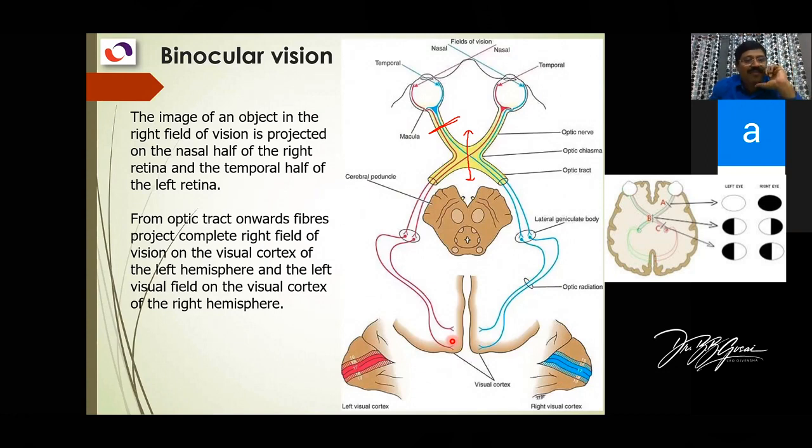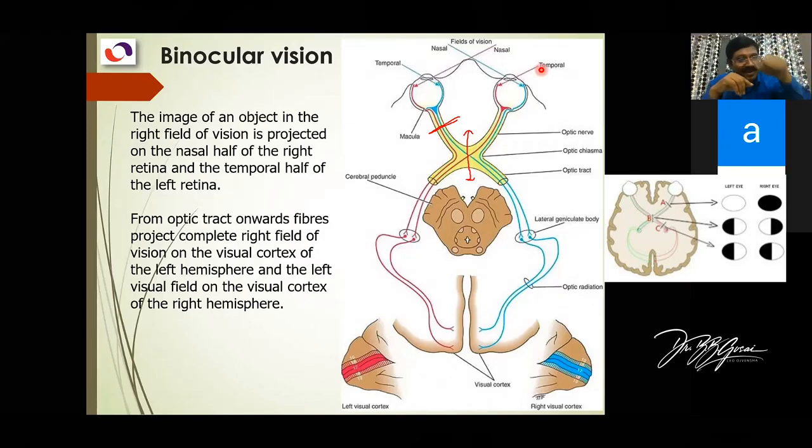So this finishes our optic pathway, starting from the retina till the visual cortex. But how the retina is represented in the visual cortex is important. Already we mentioned the right half of the field of vision of both sides is on the left side of the visual cortex, and the left half of the field of vision is on the right side of the visual cortex. So it crosses, but in a different way.